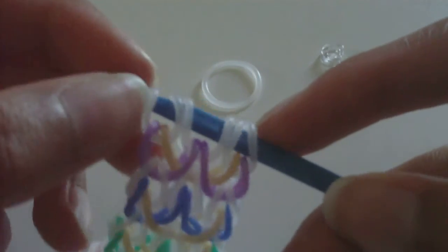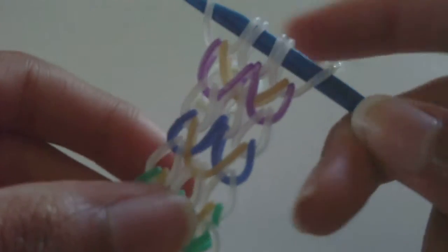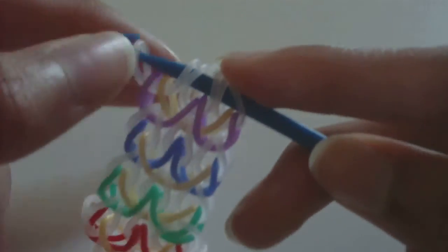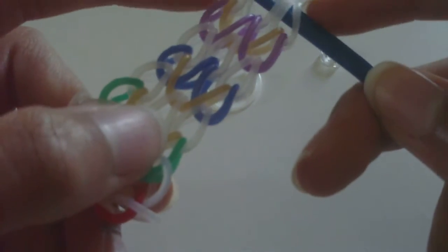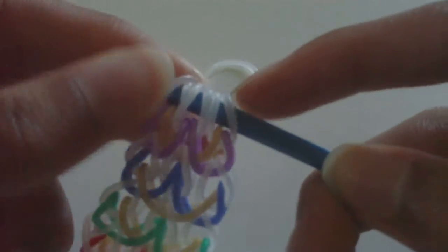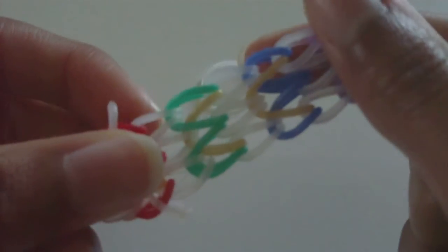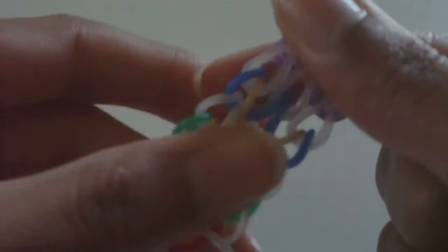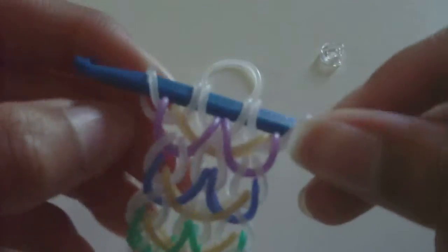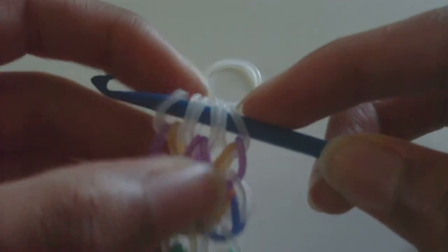So I would recommend ending your bracelet off where you have the 3 triple bands on your hook, so pretty much at the end of the pattern, or the little pattern. You could even stop halfway through if your bracelet's too long to complete the whole thing. You could just not have this part and end it off where you have 3 triple bands, but you're still not finished the whole little pattern. As long as you end your bracelet off with 3 triple bands, that's what I recommend you do. So anyway, we're going to take 1 triple band this time,